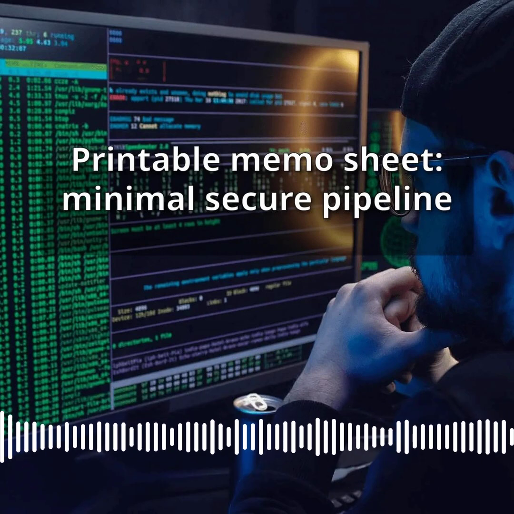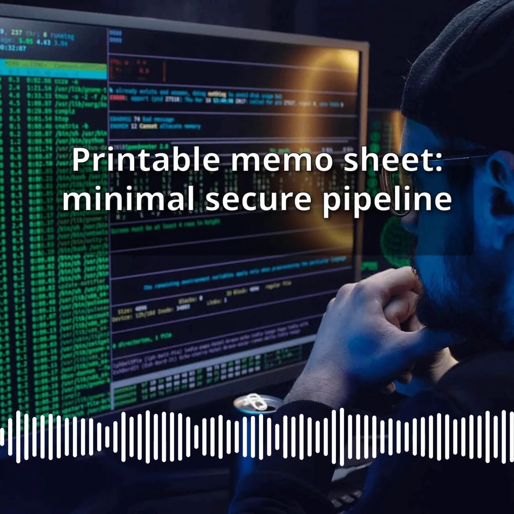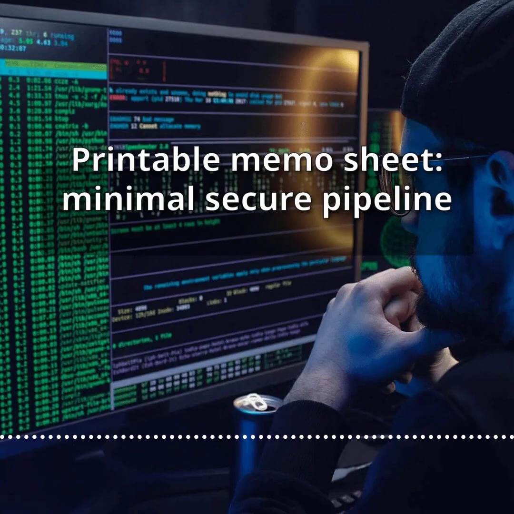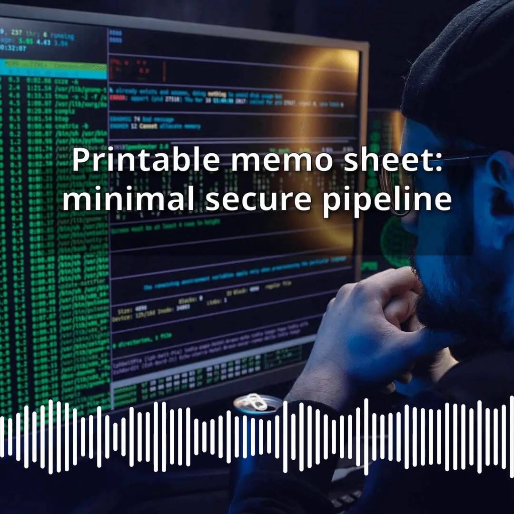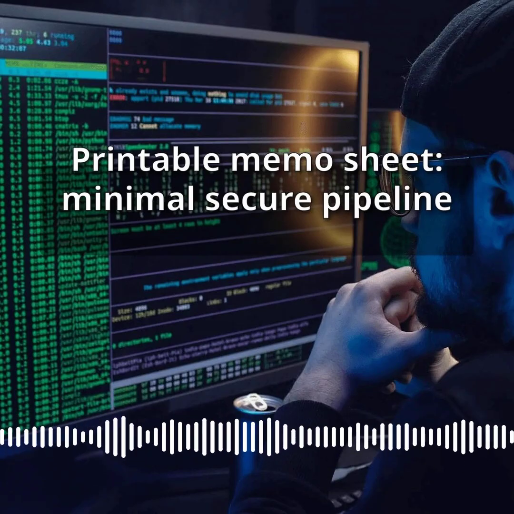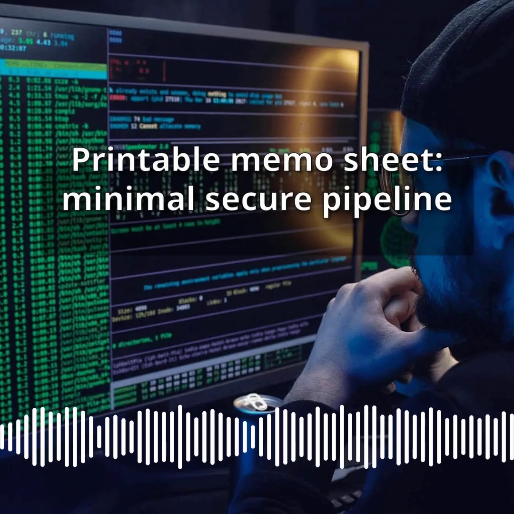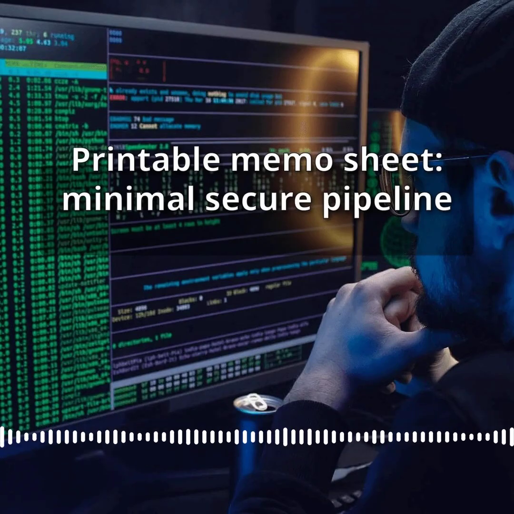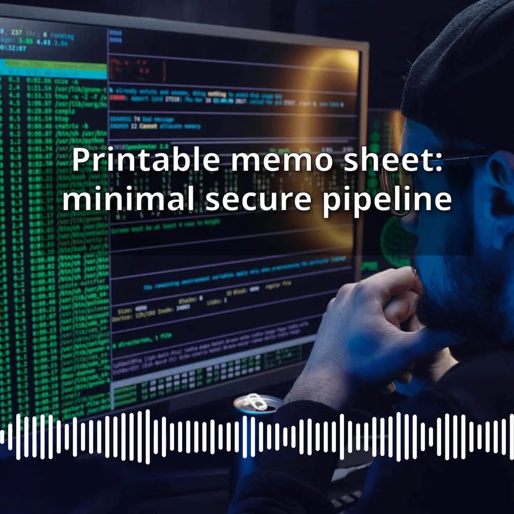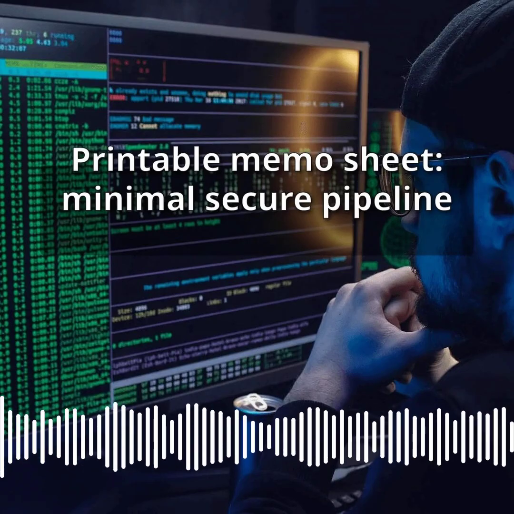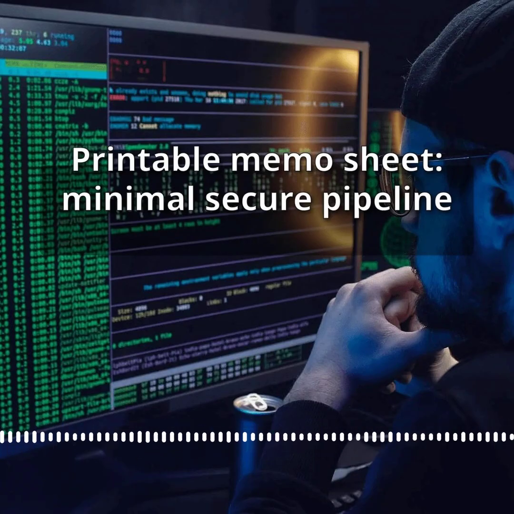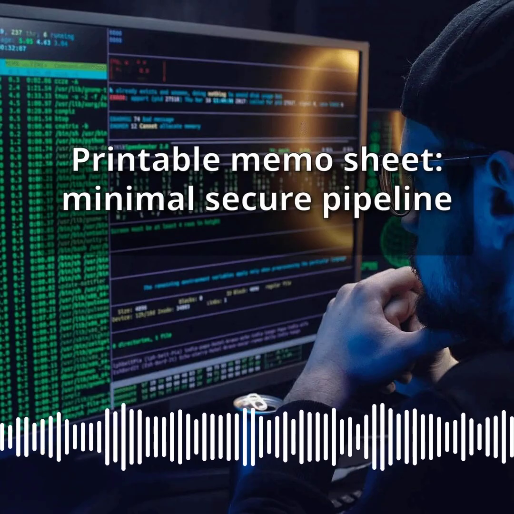This memo sheet is designed to consolidate everything you have learned so far into a single, clear, and actionable reference. You have already explored Git fundamentals, branch policies, pre-commit hooks, security concepts such as confidentiality, integrity, and availability, and the relationship between threats and the delivery pipeline. This document brings all of these pieces together into a coherent picture of what a minimal secure pipeline looks like